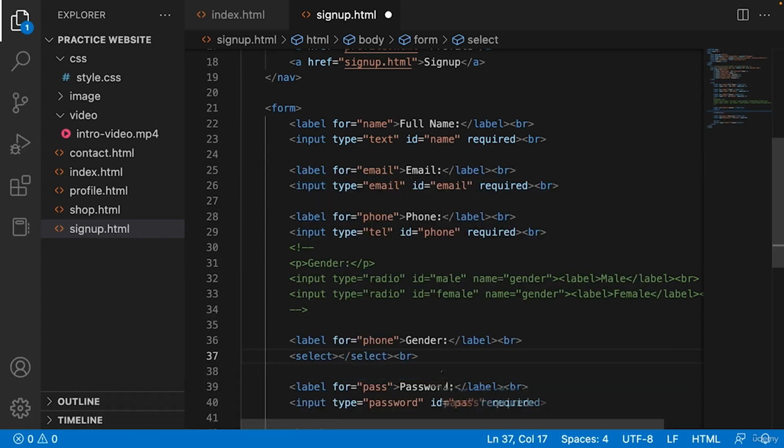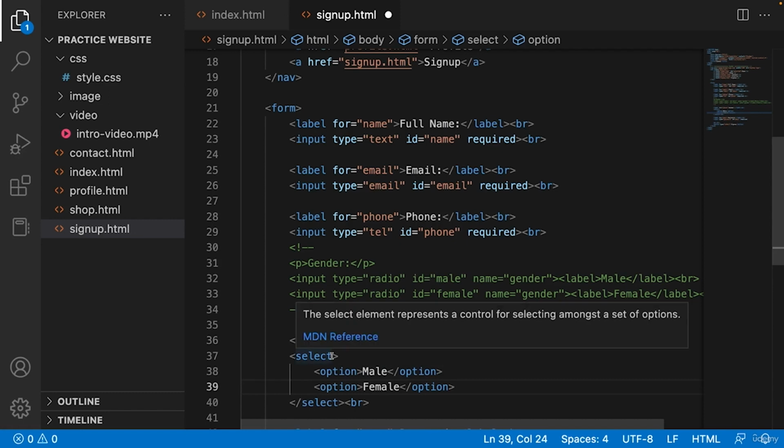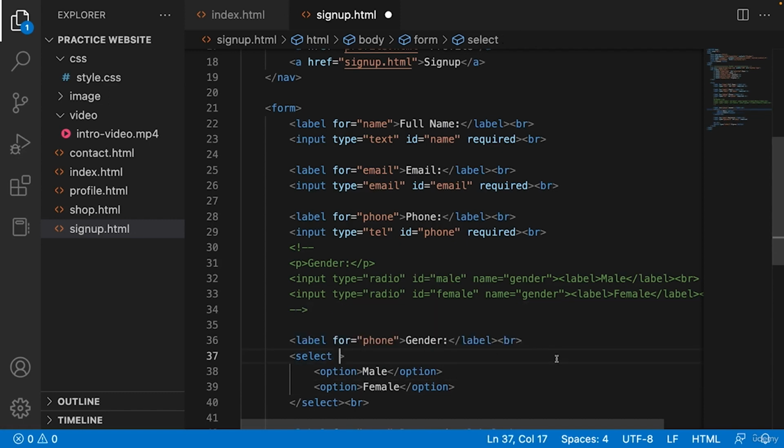And be female. Same as input, we need to connect this select to our label. So we are going to create an ID, call it gender. And here I'm going to